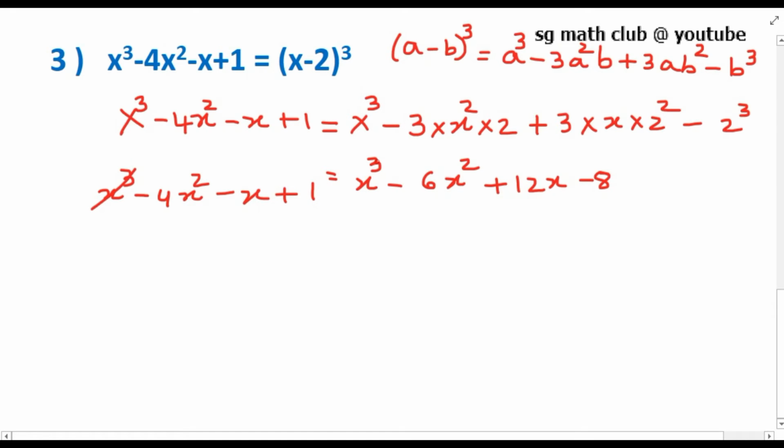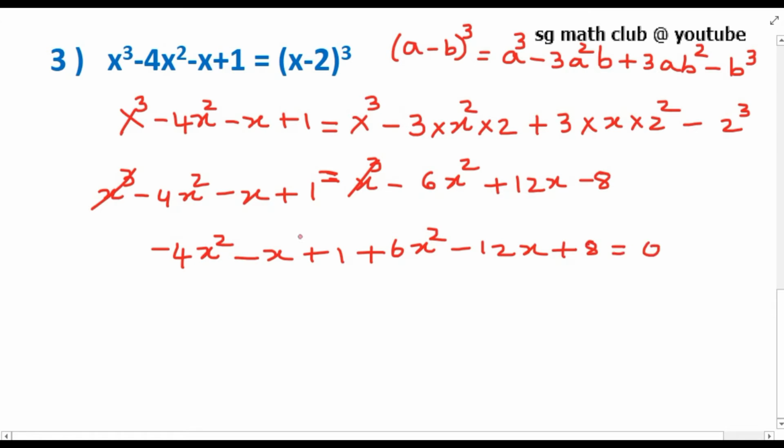See, x cube and x cube you can cancel. Now you can bring everything to one side. Minus 4x square minus x plus 1 plus 6x square minus 12x plus 8 equal to 0. So 6x square minus 4x square is 2x square minus 13x